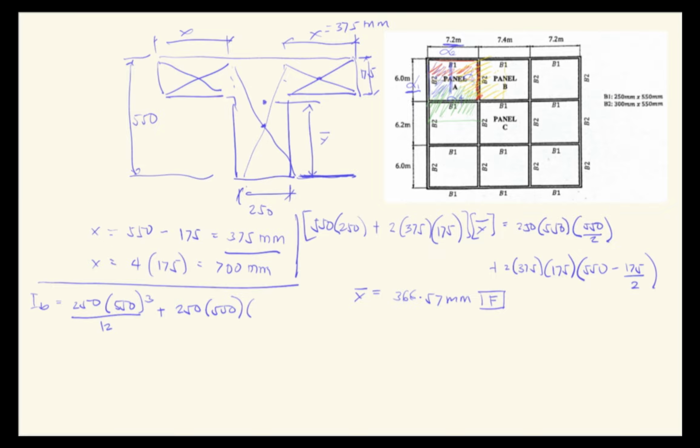So that would be 366 minus half of 550, which is 275. We'll have 91.57. We'll square this